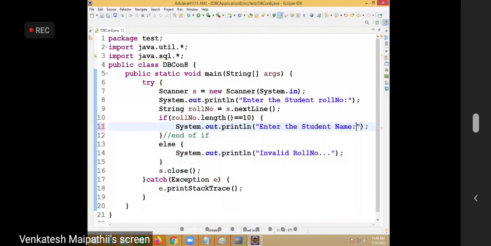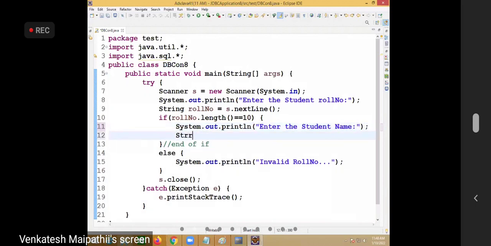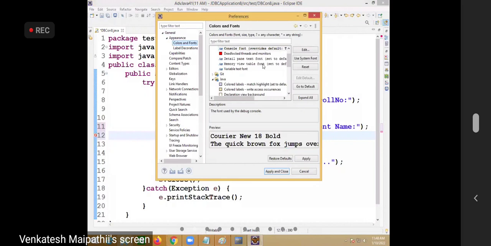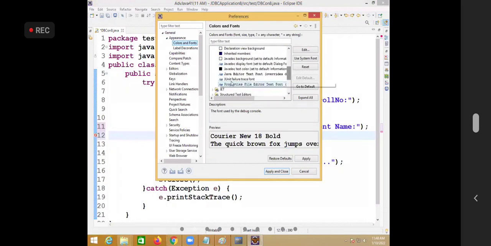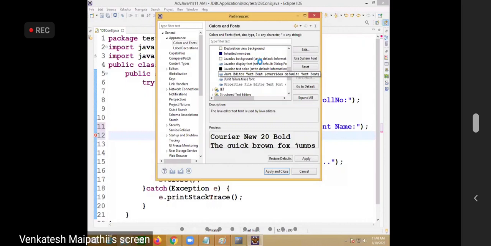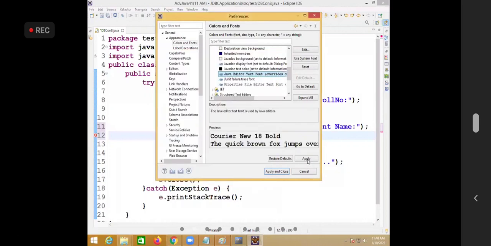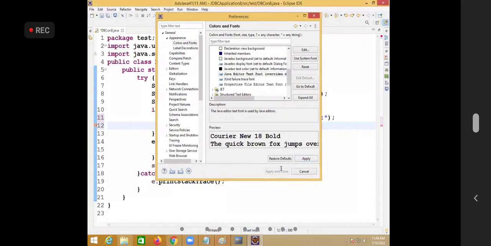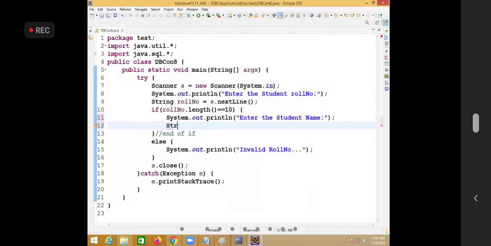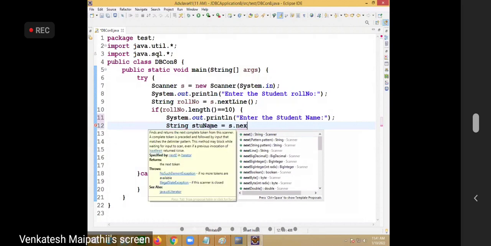Now string student name is equal to s dot next line.